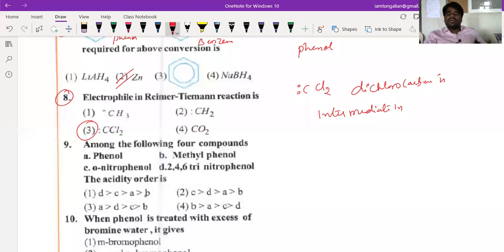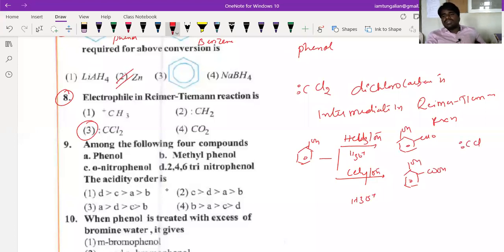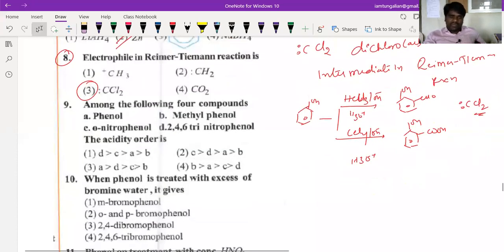Where, beta? In the Reimer-Tiemann reaction, beta. What is the Reimer-Tiemann reaction? Reaction of phenol with what, beta? Chloroform in basic medium and carbon tetrachloride in basic medium, followed by hydrolysis, beta. What does it form? Here it forms salicylaldehyde. Here it will form salicylic acid, beta. So this particular reaction is called the Reimer-Tiemann reaction. What is the intermediate here? Dichlorocarbene is the intermediate. I already gave the mechanism.